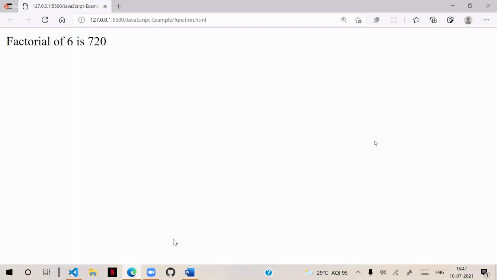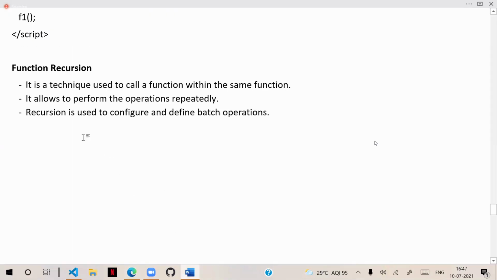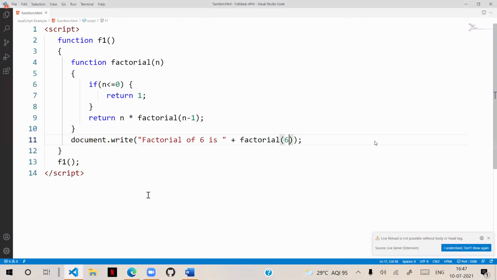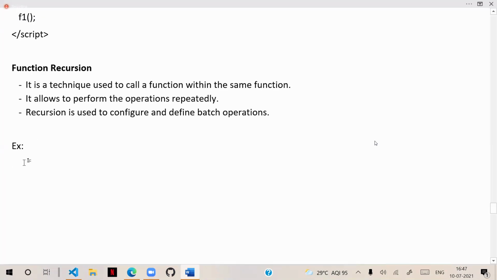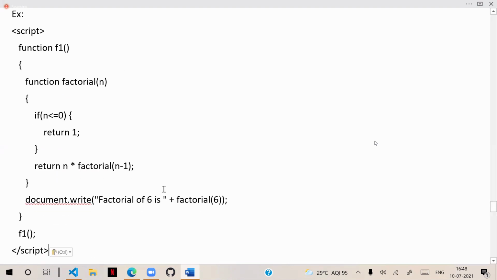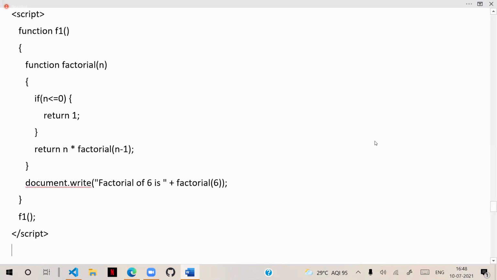So that is a simple point to understand how recursion works. Recursion is a technique of calling a function within the function to repeat and execute continuously until the condition is satisfied. That's how we can manage and configure the conditions. That is basically working with iterations, configuring and working with recursion techniques. So that is function recursion.